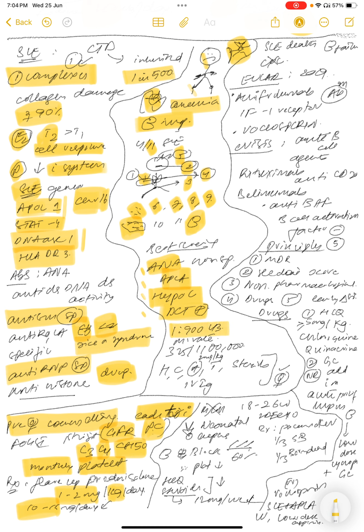In SLE, there is 1 in 900 live births, and mothers dying because of SLE in pregnancy is 325 in 1 lakh. Okay,